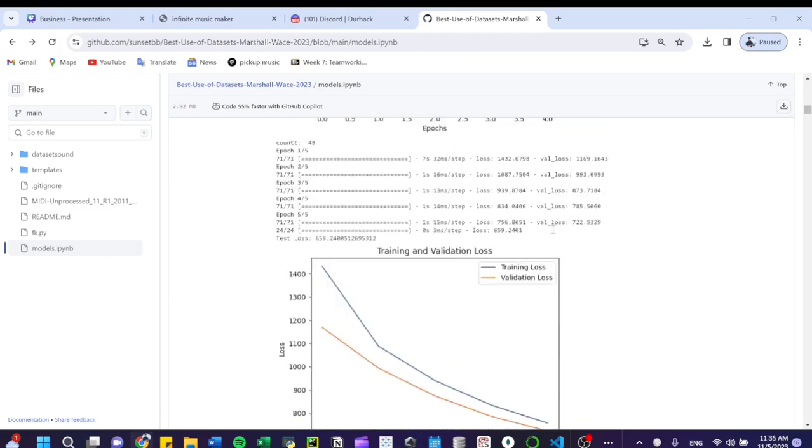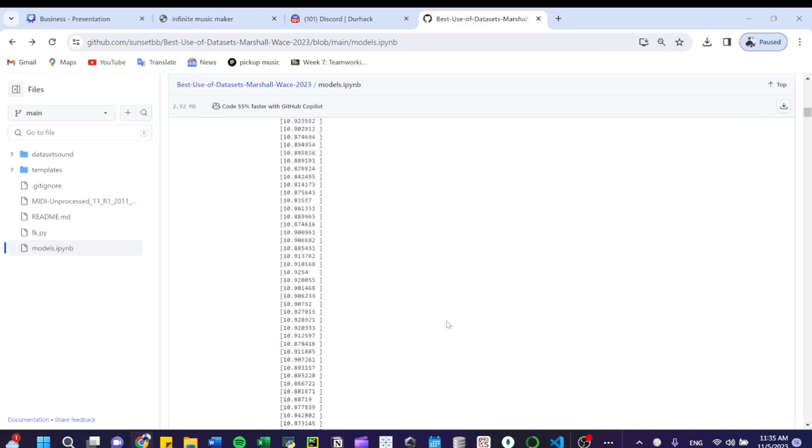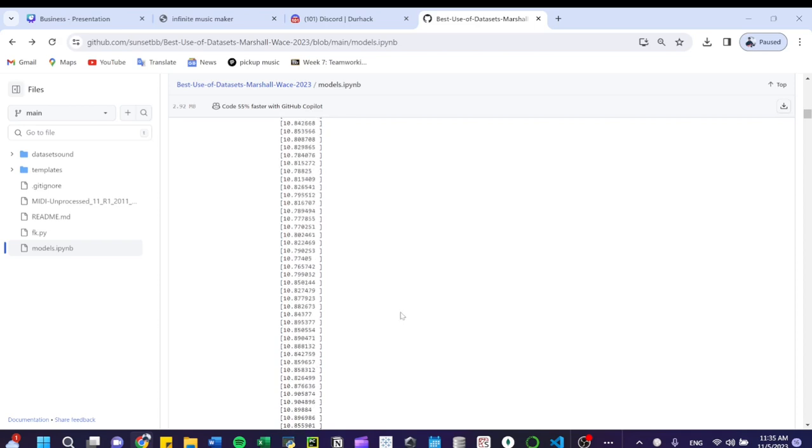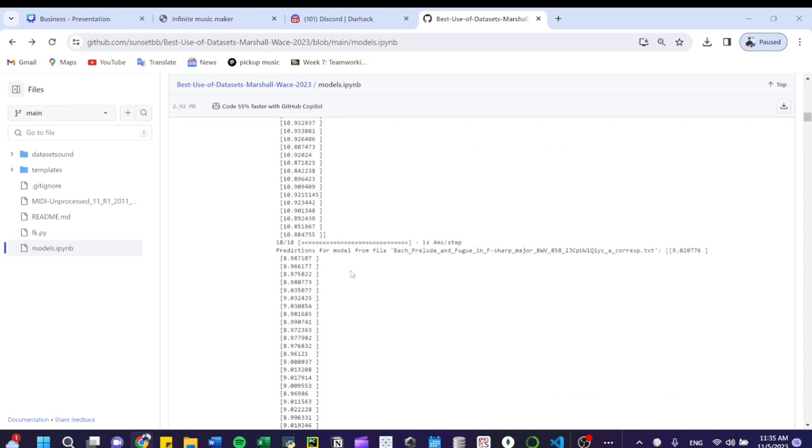Later, we also introduced another data set. So we use a different data set to predict what might be the next possible search that might fit into the music, and the prediction shows like this.